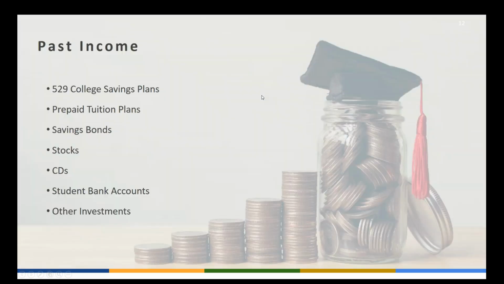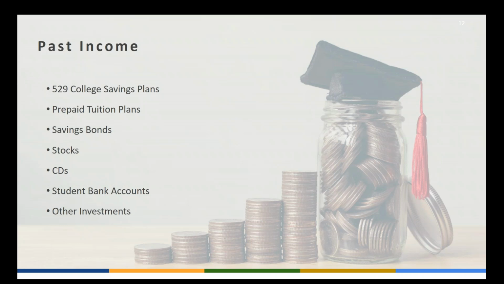Okay, so once they understand, okay, what do we owe? What is our balance due? And they've narrowed it down to maybe a couple schools that are still in the running that the student was accepted to. Then we can help them start to figure out a strategy to pay that bill.